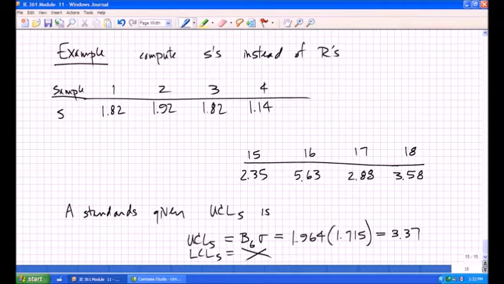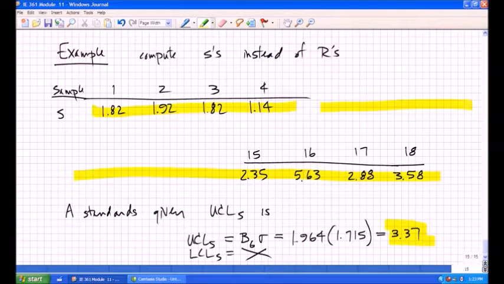So there is no lower control limit, and the reason is that the mean minus 3 standard deviations for S turns out to be negative, and it makes no sense to make a negative control limit for sample standard deviations. But my point is this: if I apply that number 3.37 to these values,